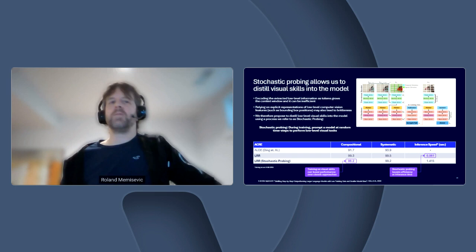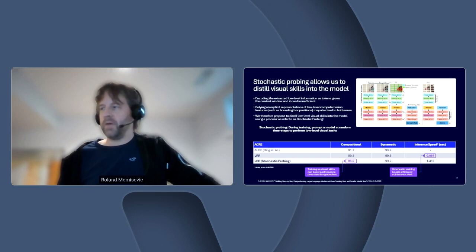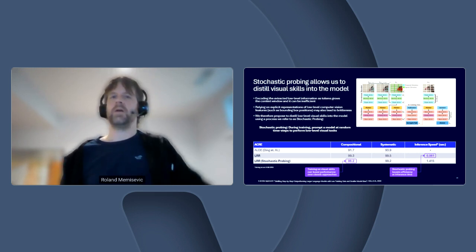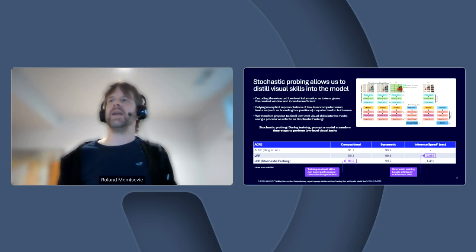To address both of these problems, we came up with a way to have the model know about those chains of thought, but not making them explicit in tokens. And the way we are doing that, and that's something that has also emerged as almost like a standard little approach now that people are using, is by distilling that extra information into the model at training time.